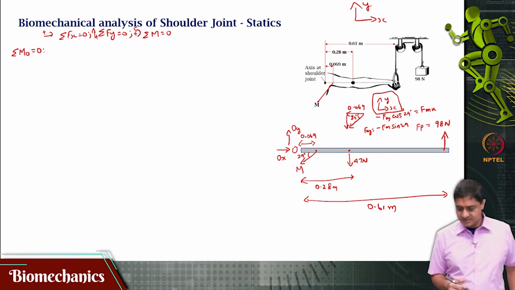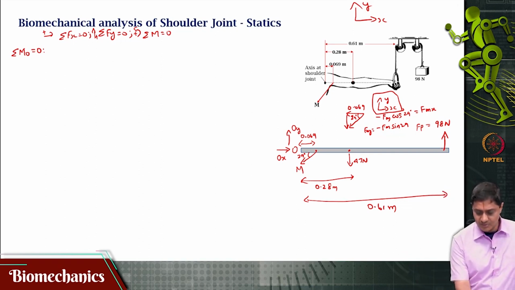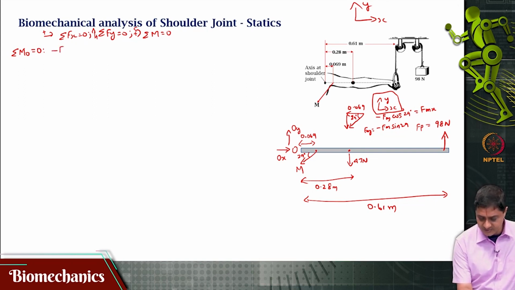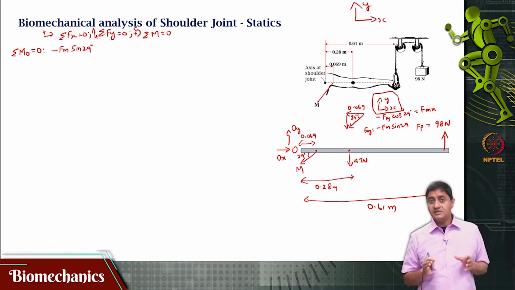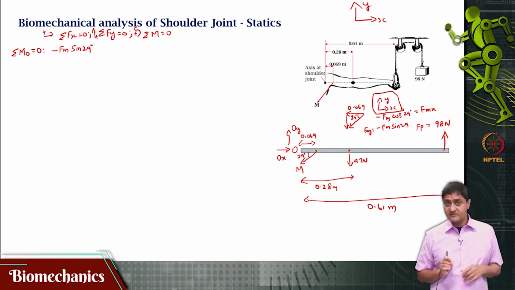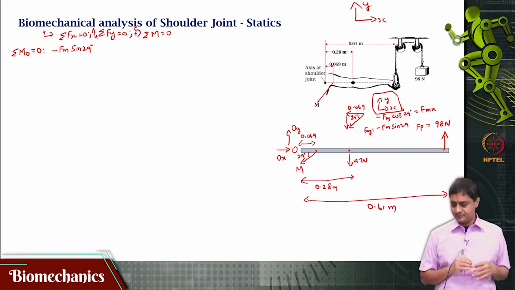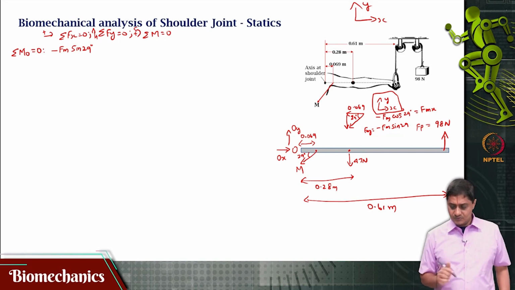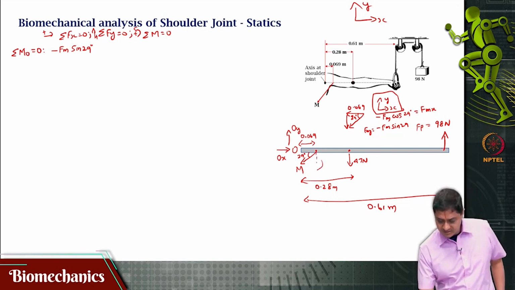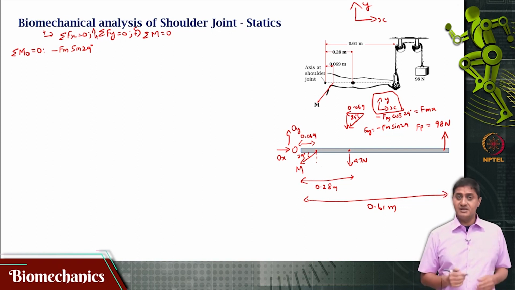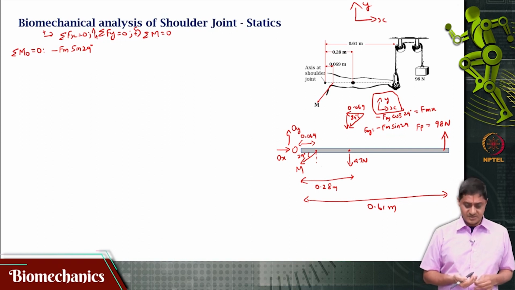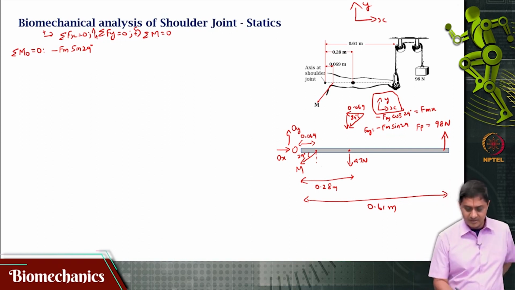Anyhow, let us write out that equation sigma Mo equal to 0 and expand it. We will find that this is minus Fm sin 29, because only the vertical component of this muscle force will cause a moment, not the horizontal component, because the horizontal component will act along O. So, that will cause a clockwise moment. Because of that reason it will be a negative moment, because we said counterclockwise is considered positive. So, minus Fm sin 29 times